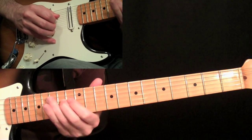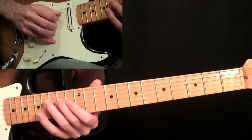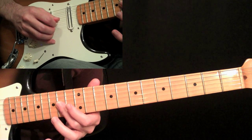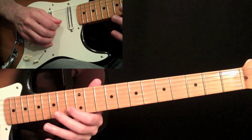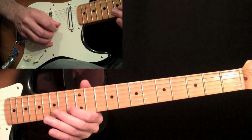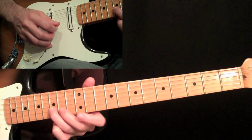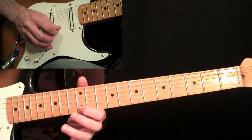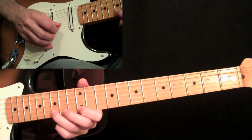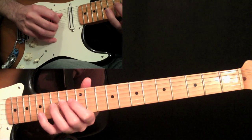Then we slide into this 14 on the 4th string, then roll your 2nd finger over to the 14 on the 3rd string, and then play the 13 on the 2nd string, and hammer on to the 15. Then come over to the 12 on the 1st string, then hammer on 15. So we have,